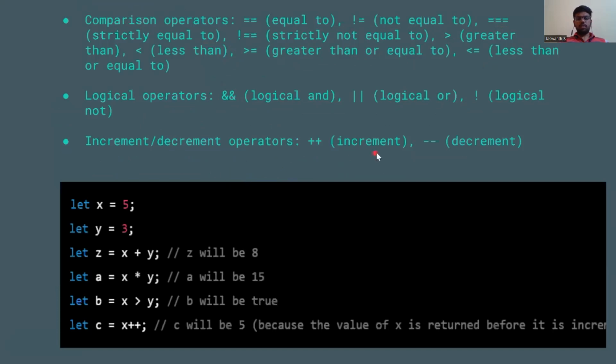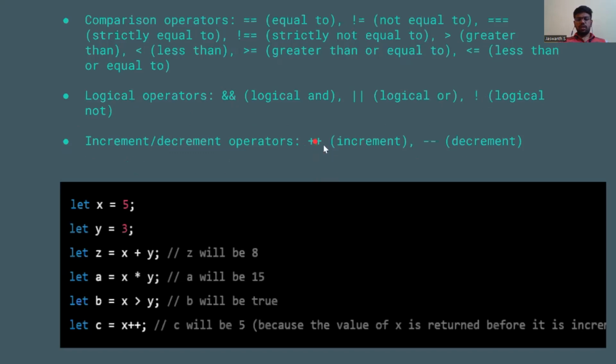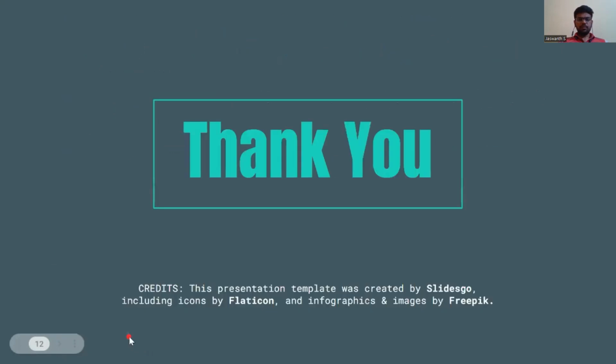And increment operators: instead of using this plus is equal to, we will use double plus, stuff like that. And here is the example of that. z is equal to x plus y, a is equal to the multiplication operator, greater than operator, increment operator. That's all from my side, and next I'll be showing the